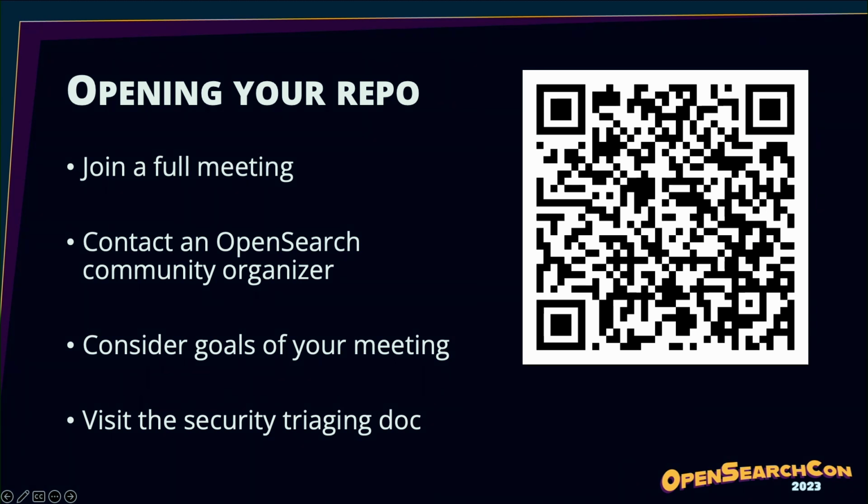Finally, after you decide to take these steps, I'd suggest that you start by drafting a document outlining the goals of your meeting. Whether they're for triaging or for something else, it can be helpful to have your thoughts written down and to have a purpose. This helped us dictate our own triaging goals and helped us form the triaging markdown file that now lives on our repository homepage. Regardless of what purpose you use open meetings for, it can be helpful to have a purpose to share with your community so they know why they should attend.